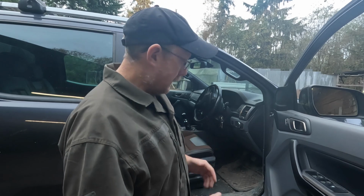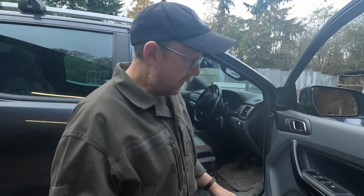So driver's side. Now before we get started, I don't keep a huge amount of stuff in the vehicle. We're not planning for every possible outcome, disaster or whatever prepping related event. So it's just realistic things that I keep in the vehicle. So we'll start off with the driver's side door. First thing we've got down here